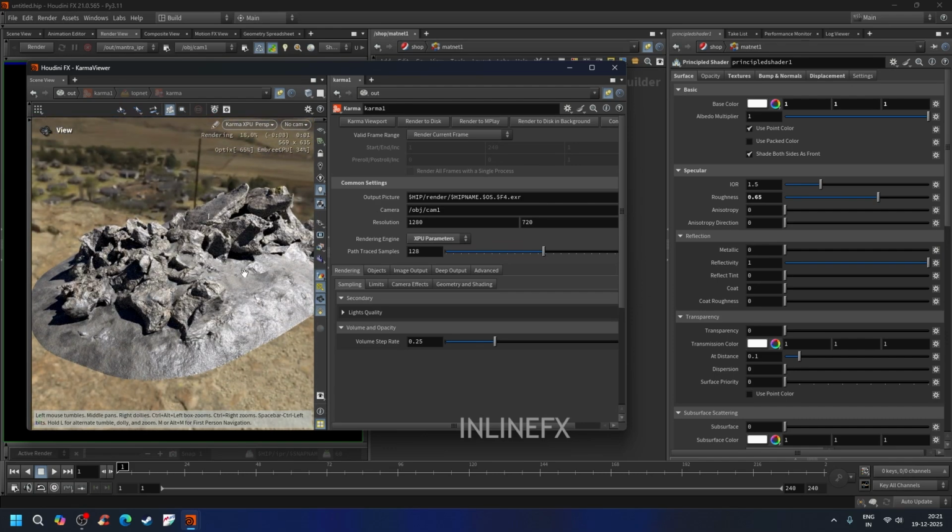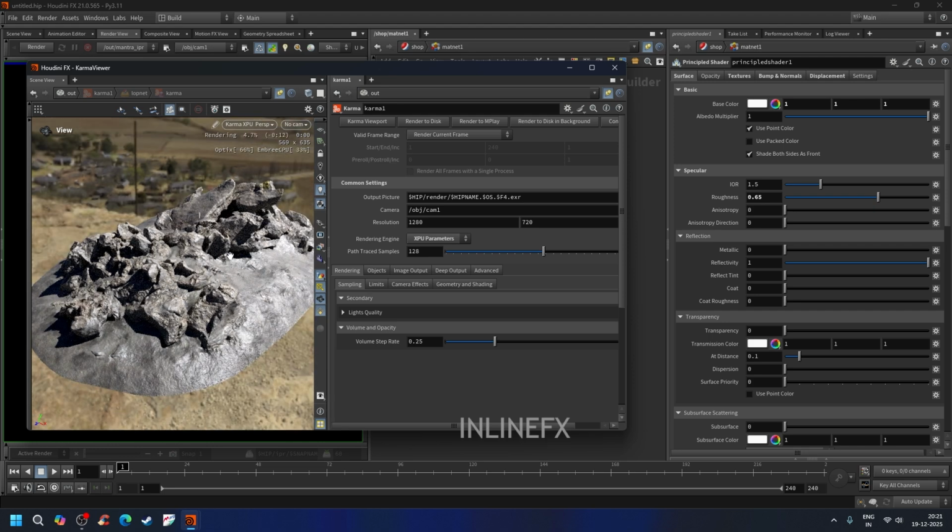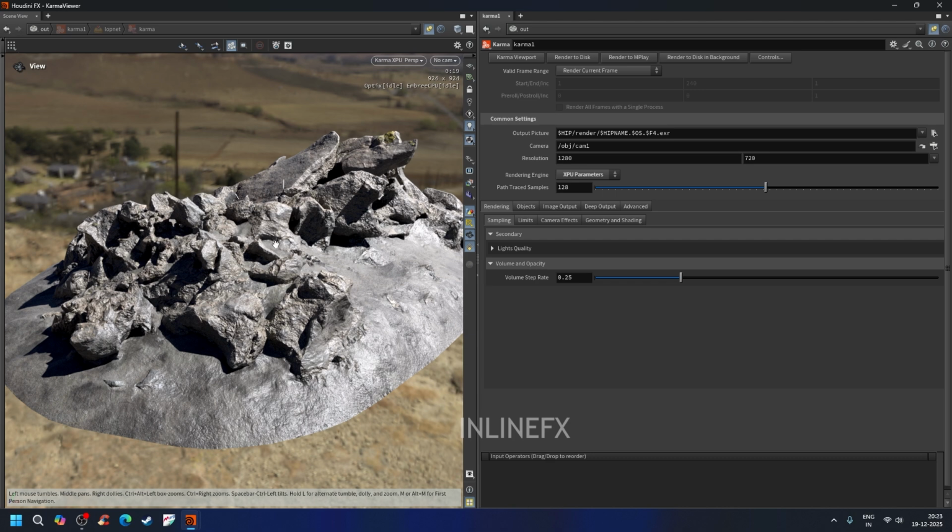So by this method, you can directly apply texture and check your scene, which is most useful, without using Solaris. Although Solaris is very good, it is very complex to prepare your scene fully. So it is a better option for the scene preview. Its rendering is also very fast. So you can use it without going to Solaris context.